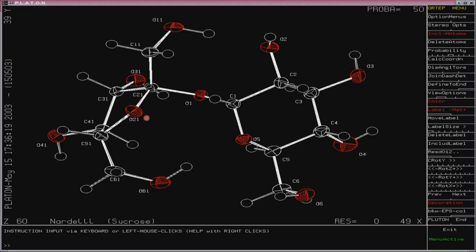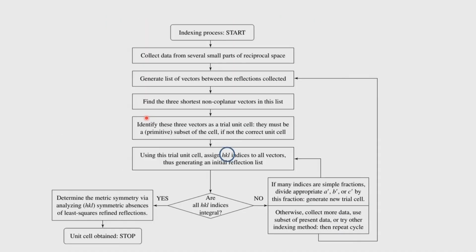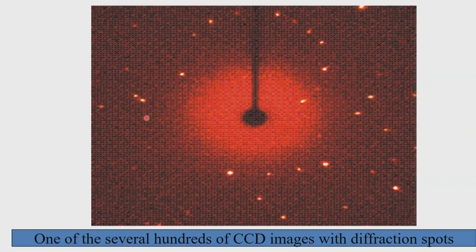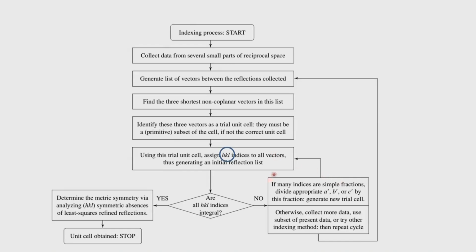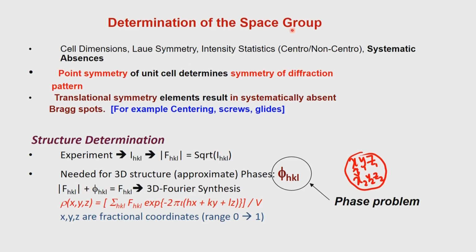So, what I therefore want to do is go back a few slides and tell you what we have done with respect to the data collection. When we put a crystal and collect the data, we get these reciprocal spots. These reciprocal spots can be indexed, and we determine all the possible HKL values from which we get the unit cell dimensions. And once we have the unit cell dimensions, we can use the 1 by d square HKL formula to determine the crystal system, and therefore get the a, b, c, alpha, beta, gamma values. And then we determine the space group by looking at the systematic absences in the structure.